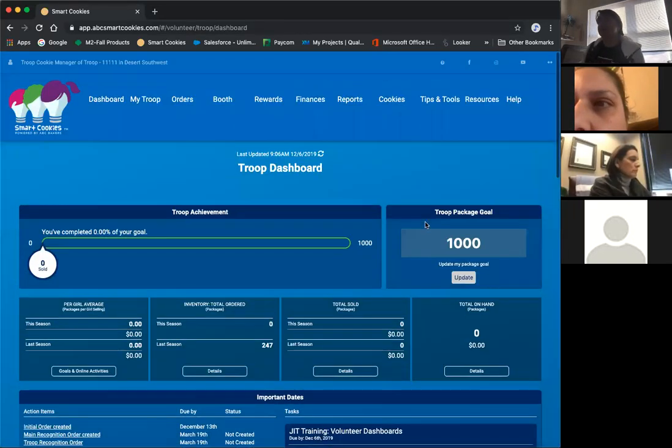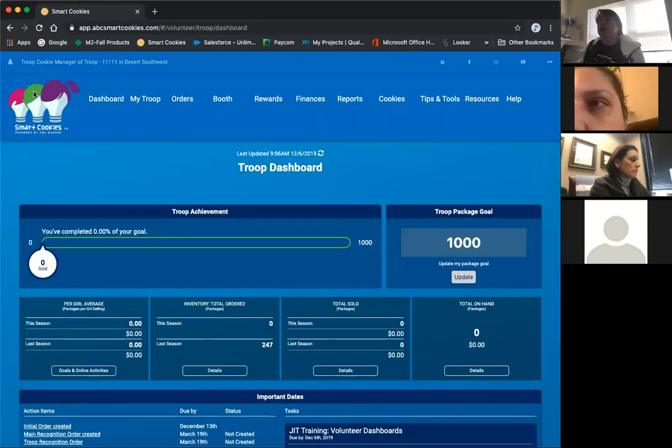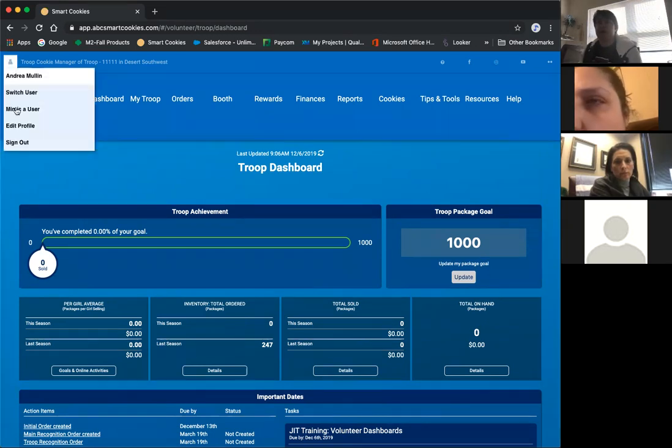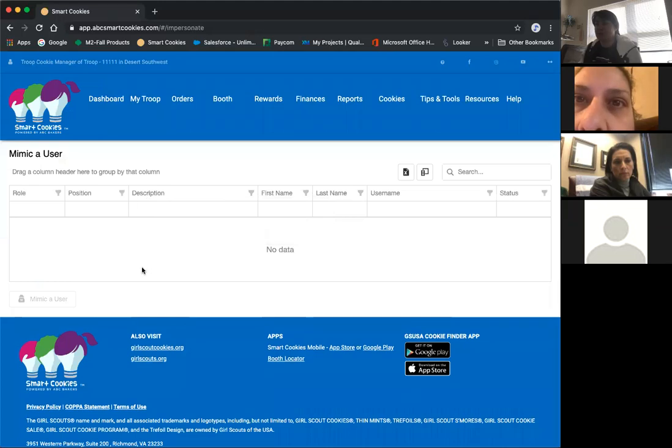Now, scrolling back up to the top, one of the features that you're supposed to have access to is called a mimic feature. If you go up to this little person icon up here in the corner and click on it, you'll see mimic user. It's supposed to show you anybody that's below you. So in this case, your troop or your parent volunteers, and you'd be able to click on them and then